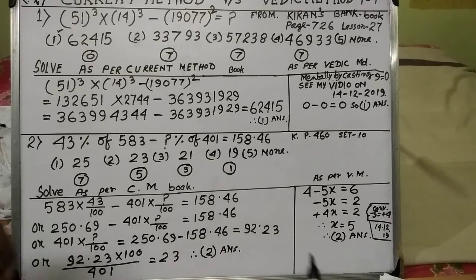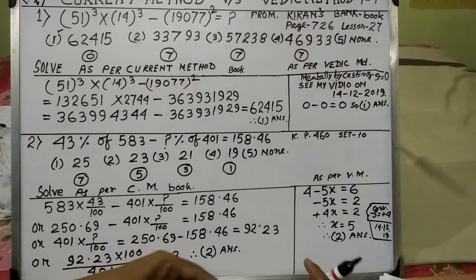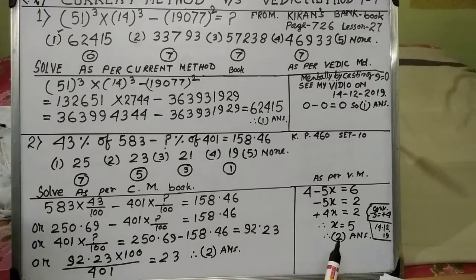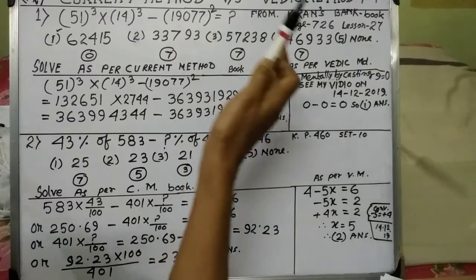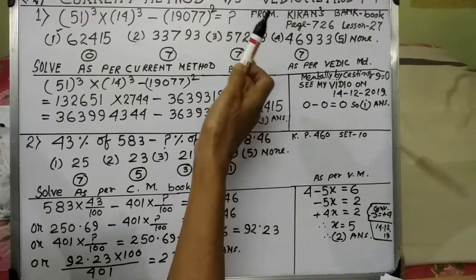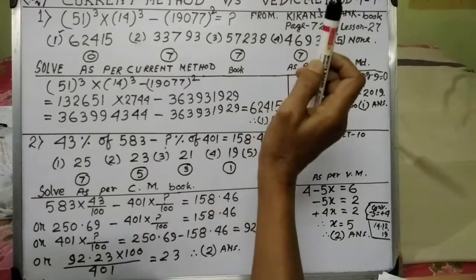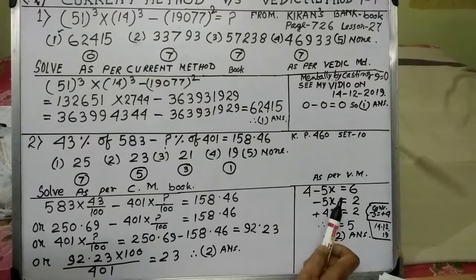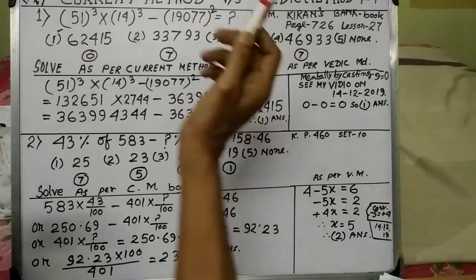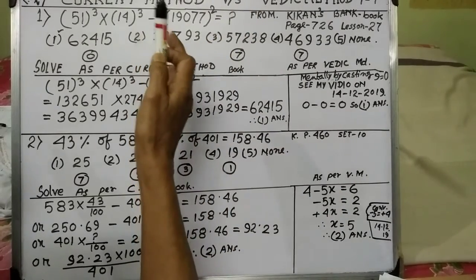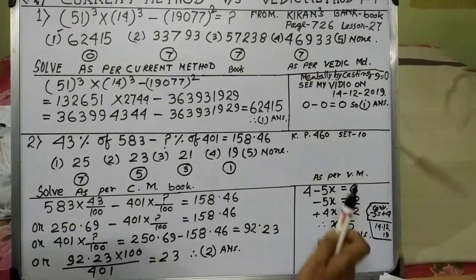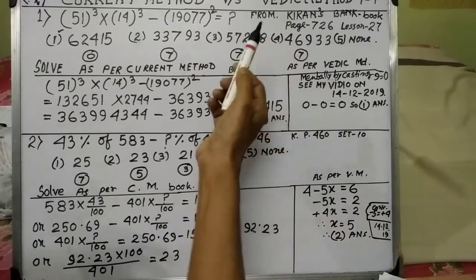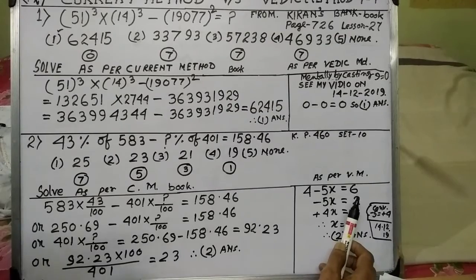So I am showing, they have 600 maths, and I have done them with the help of Vedic mathematics. Just you see the difference between the current method and Vedic method. It will help for competitive exams very much. In competitive exams they will take 5 to 6 minutes, but with the help of Vedic method it will take at least 5 to 6 seconds. Just you see.